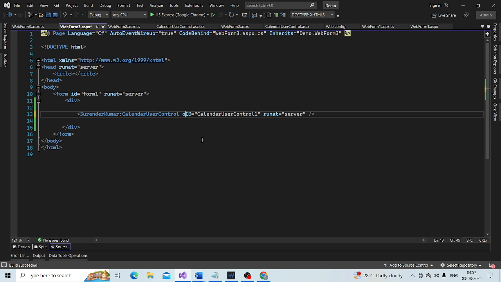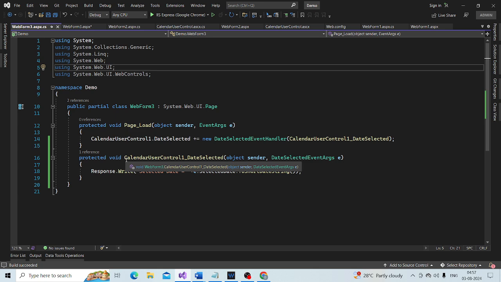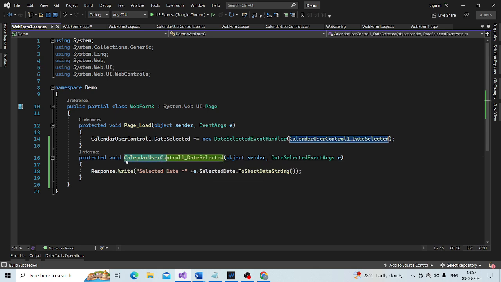OnDateSelected. That is when we want to call this particular function.